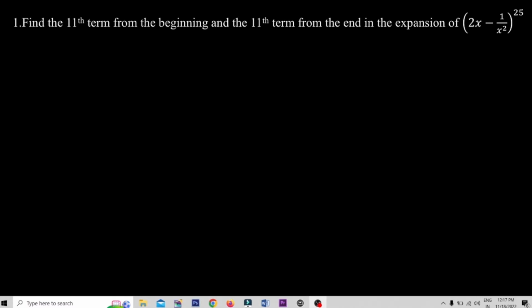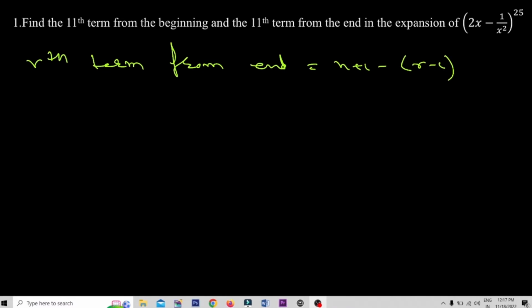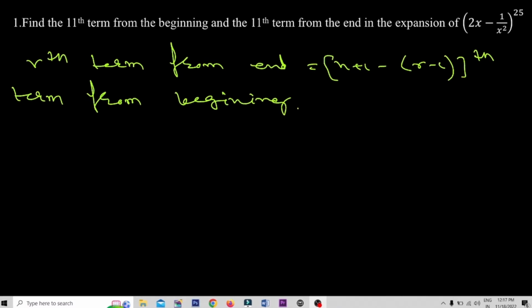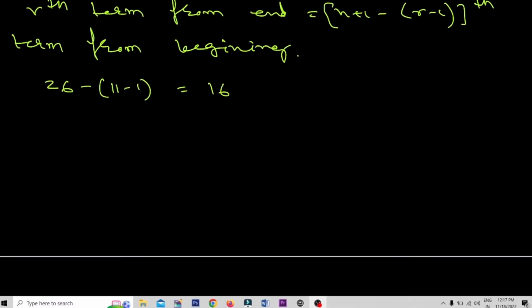Now we can say rth term from end equal to n plus 1 minus of r minus 1th term from beginning. Okay, so therefore we can say here 25 plus 1 is 26. So 26 minus of 11 minus 1. So we are getting here 16. Therefore 16th term from the beginning. So we can get